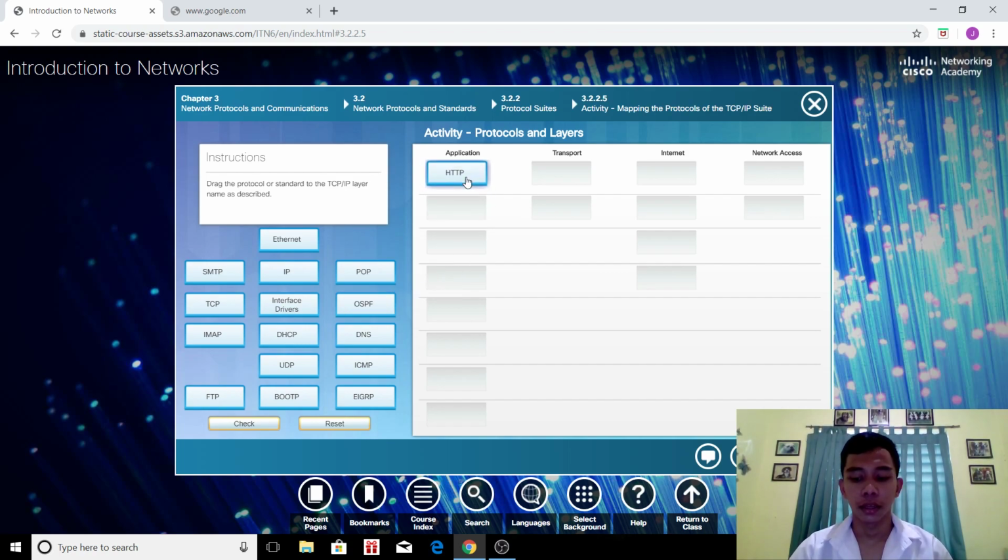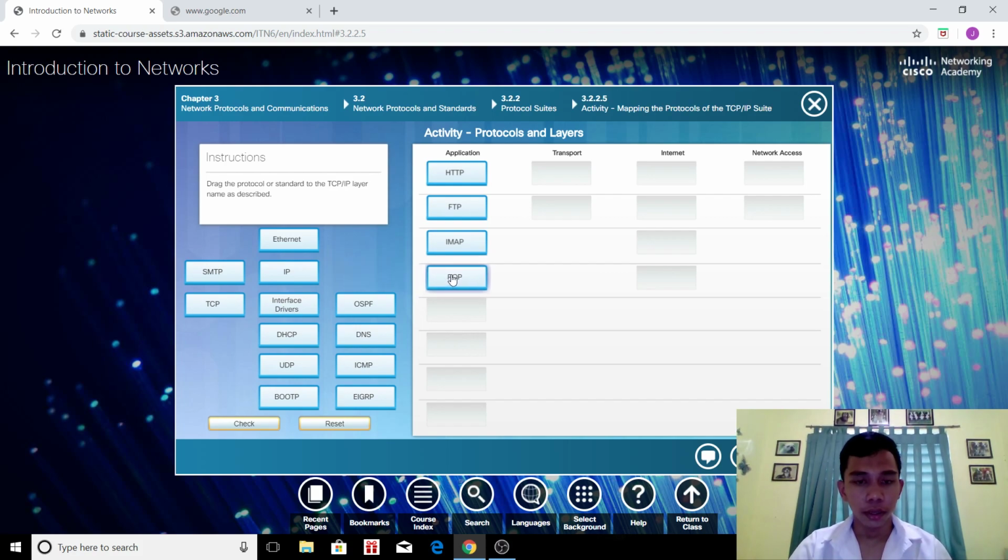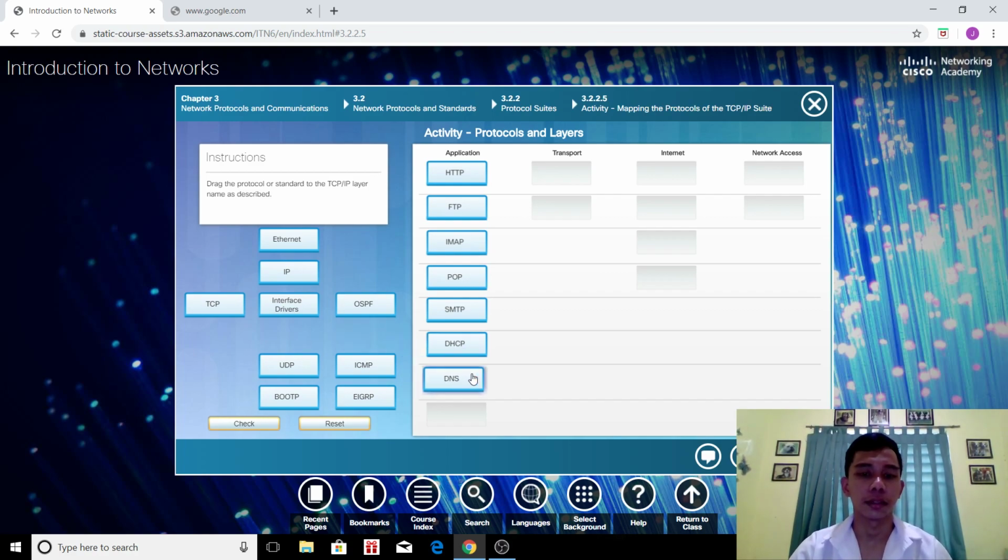HTTP, FTP, TFTP, IMAP, then POP, then SMTP, then DHCP, then DNS, then BOOTP,